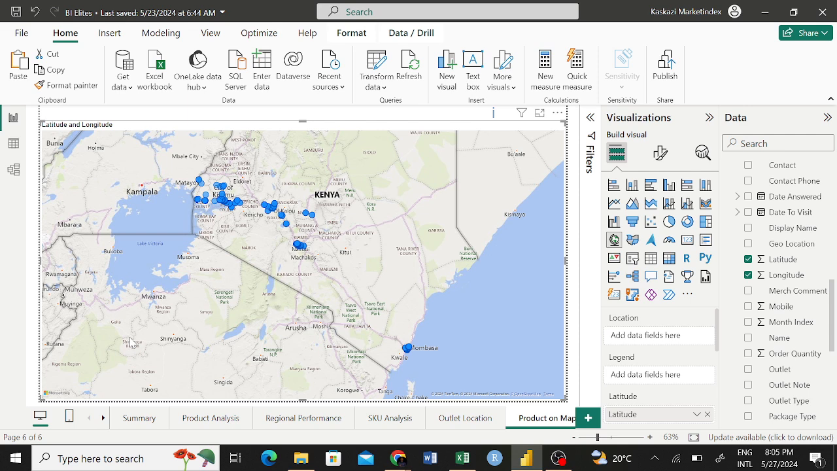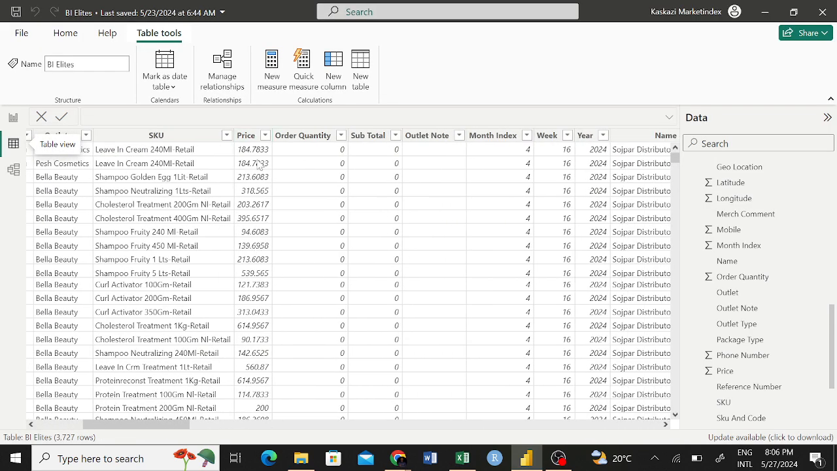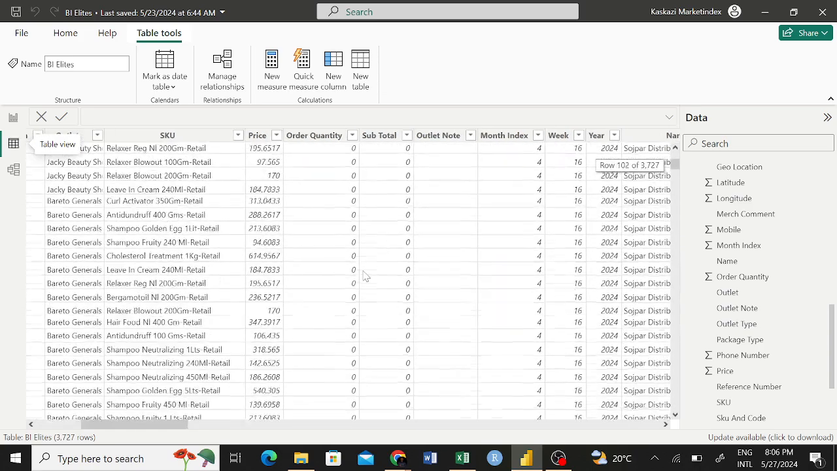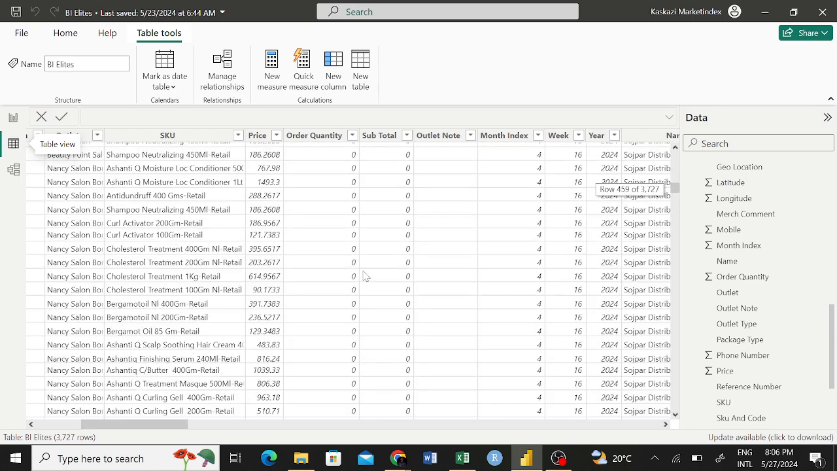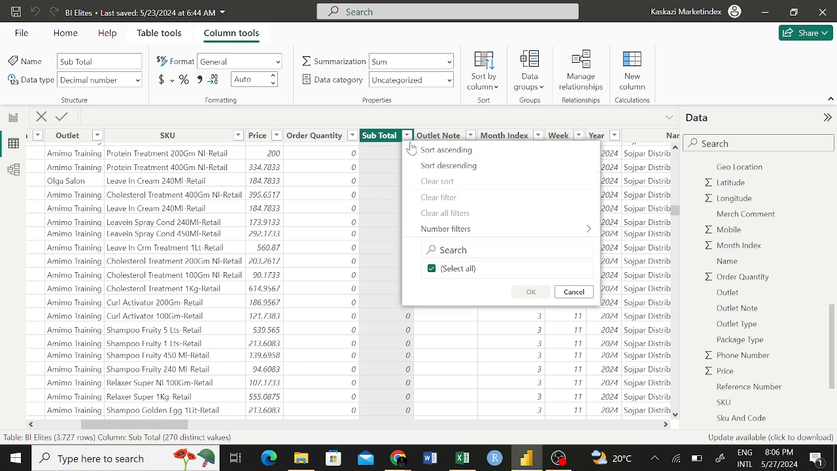So you know that if an outlet has a subtotal of 0, then haijanunua kitu. Because subtotal tulikuwa tunatumia hapa ni, let me see here, under price and order quantity. If there's an order quantity of 0, then 0 times price equals 0. That outlet has not ordered anything. We are not finding one. So if you don't find it, just filter here and say I don't want to see